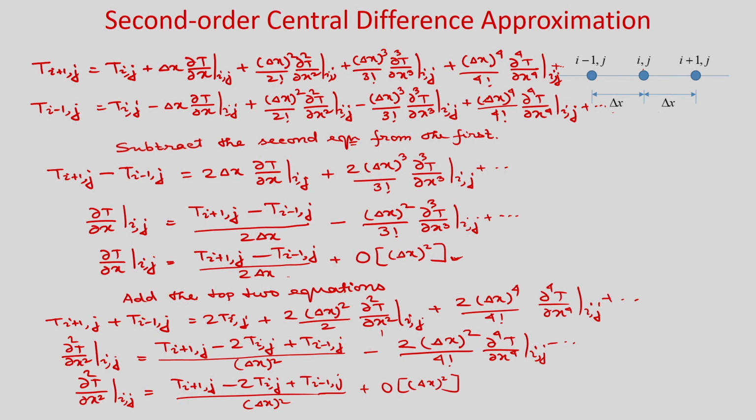So, generally whatever equations we will consider, we will have first derivative and second derivative. You can see that in Navier-Stokes equations as well as in the energy equations, you will get the first derivative of temperature and the second derivative of temperature. So, we have derived del 2 T by del x square. Similarly, you can write del 2 T by del y square as (T i j plus 1 minus 2 T i j plus T i j minus 1) divided by delta y square, because in the y direction you are taking the derivative del 2 T by del y square, that is why you are dividing by delta y square, and its order of accuracy will be second order.